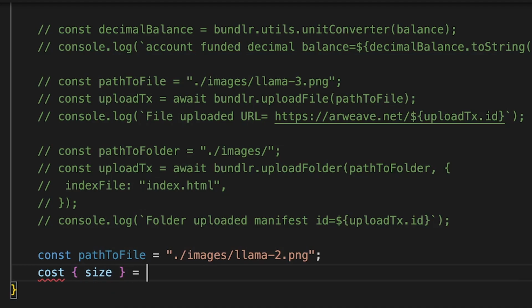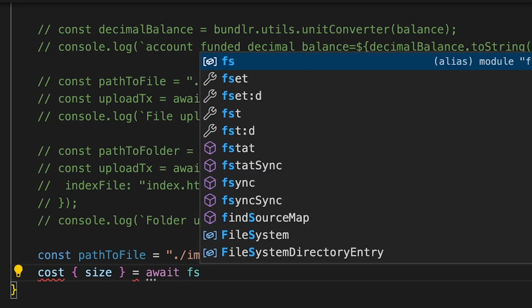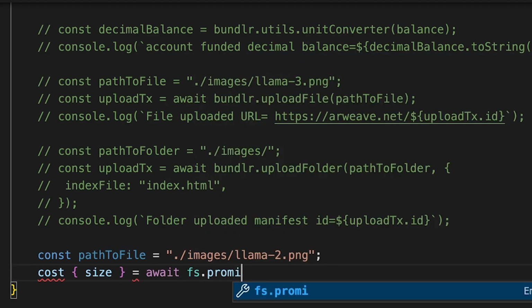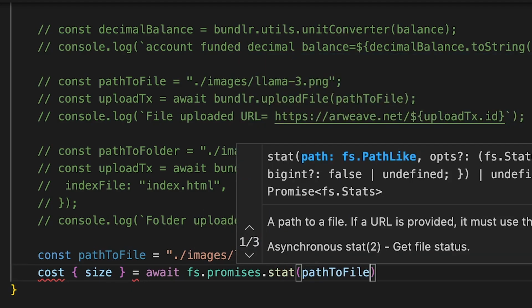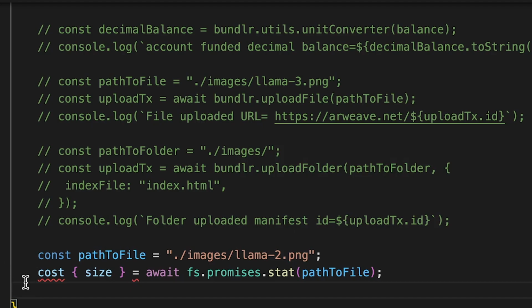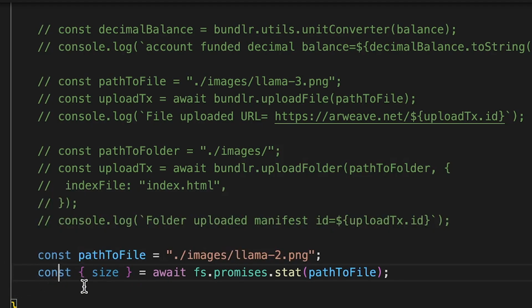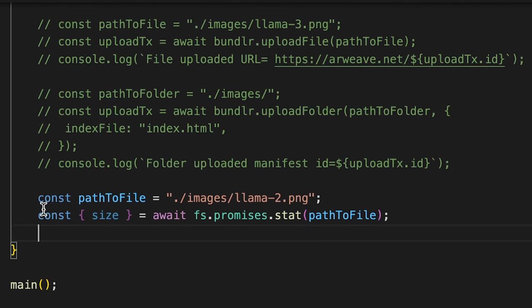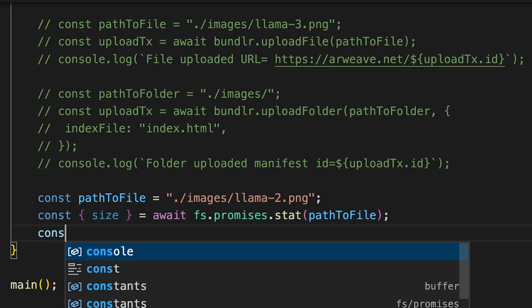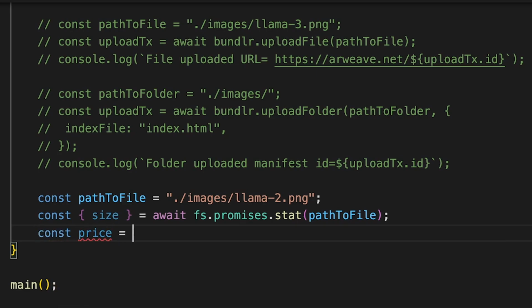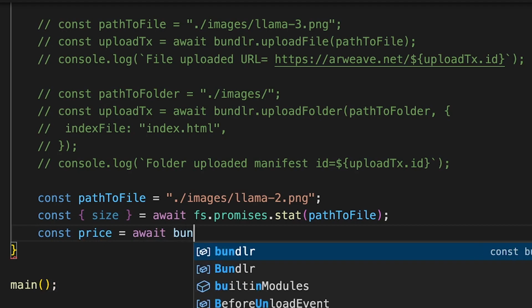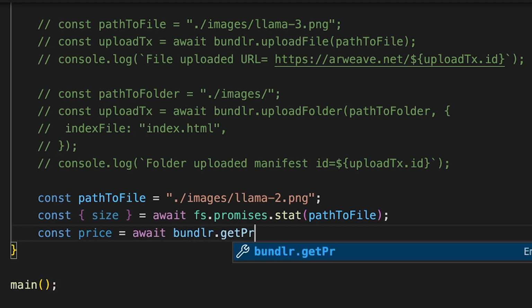Const size equals await fs.promises.stat path to file. Oops, const. Okay, cool. And then once we have that size, which is the size in bytes of the file, we can pass that to Bundler to get the price. Const price equals await Bundler get price size.